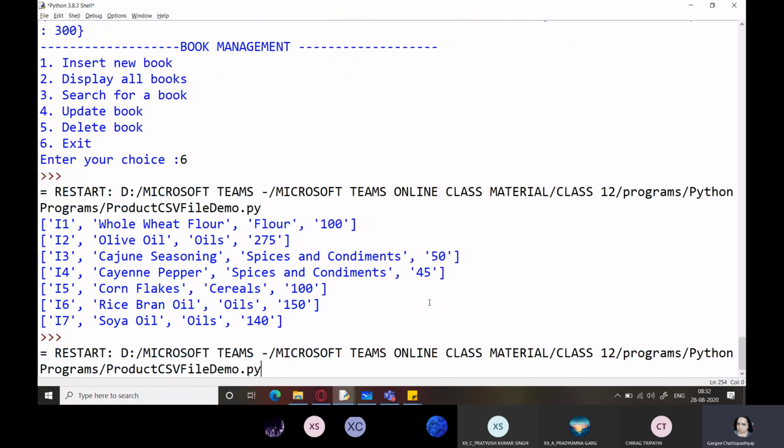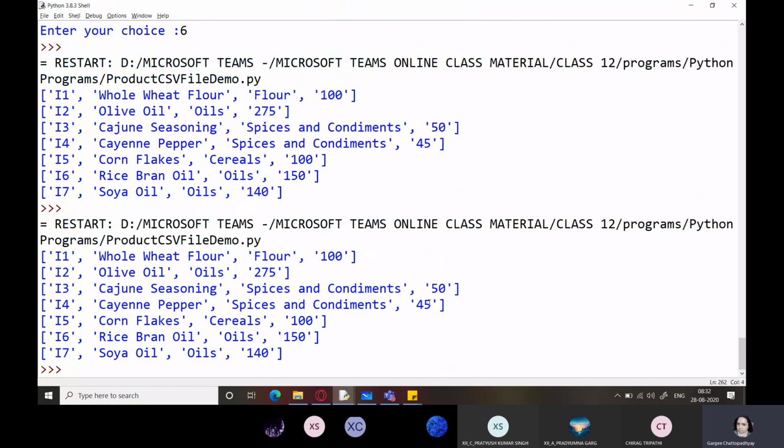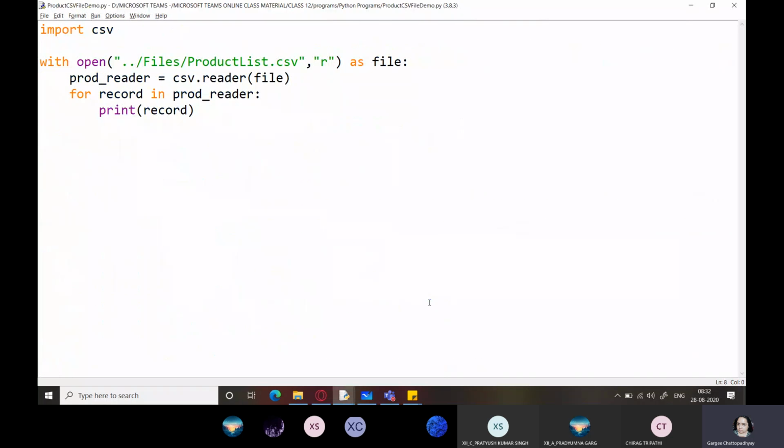Simply run it and you can see it runs the same as before. You don't have to explicitly type file dot close because at the end of the with block it automatically closes the file. So this is how we can perform read operations in the file.